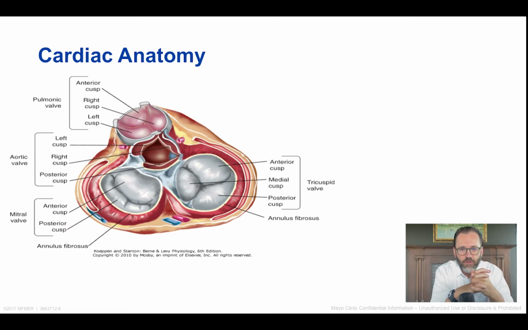And so it can get very difficult to identify structures that would help you identify which is which. Now, there are two ways in which you can do that. One is you can take your finger and insert it through the valves and feel the thickness of the ventricle from which that valve is regulating outflow. That is one way to do it,